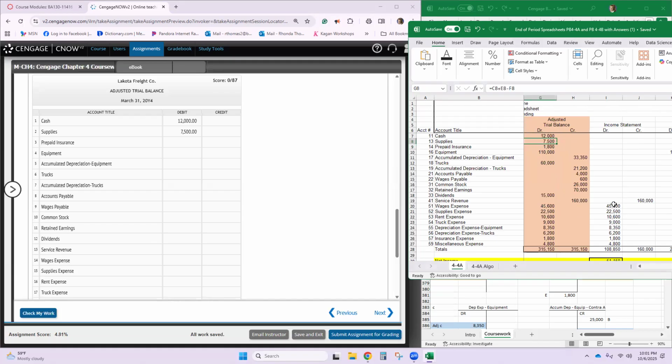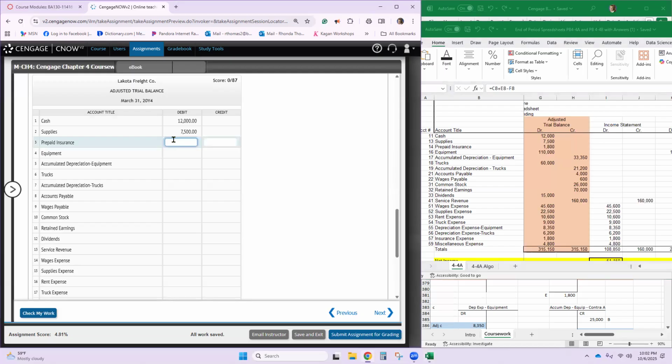And then here is the income statement accounts from the service revenue down, and the balance sheet accounts basically are cash down to service revenue. All right, so we're just rekeying what we see beside us. Okay. And then accumulated depreciation.